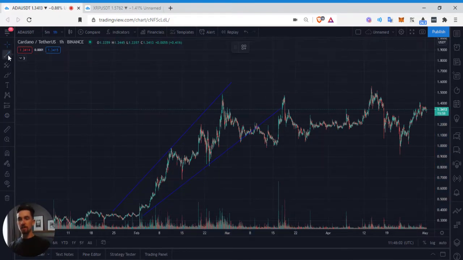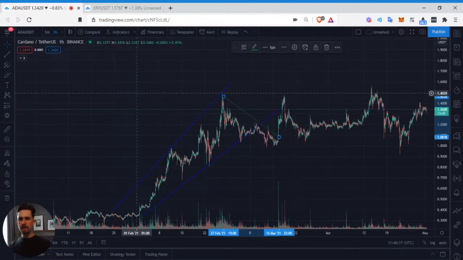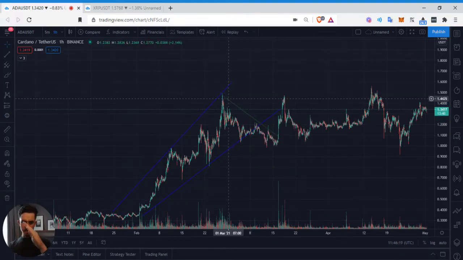When you're using TradingView, a good way to do this is changing the colors. So for example, here we saw a descending triangle right here that broke towards the upside, since it's a bearish, or a bullish pattern rather. And since it's a bullish pattern, we'll just use green right here. And so you see the line just touching each of those wicks as it's cascading down.